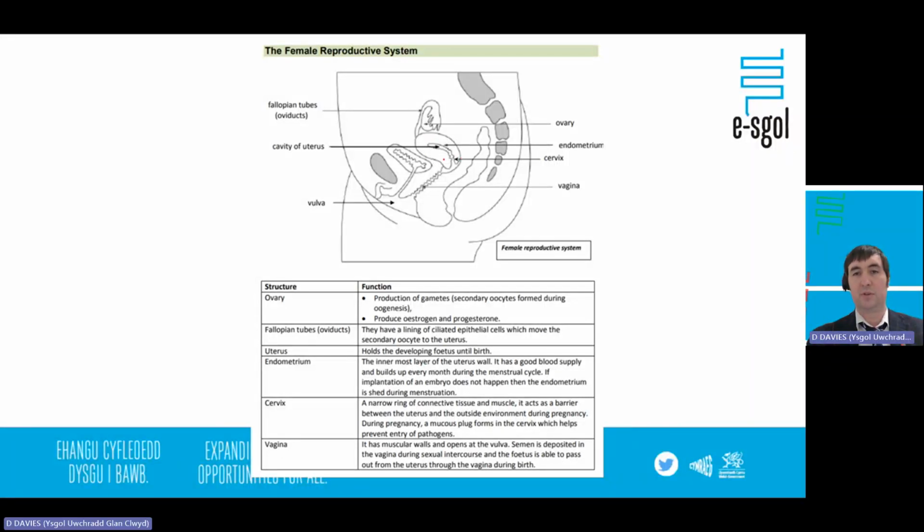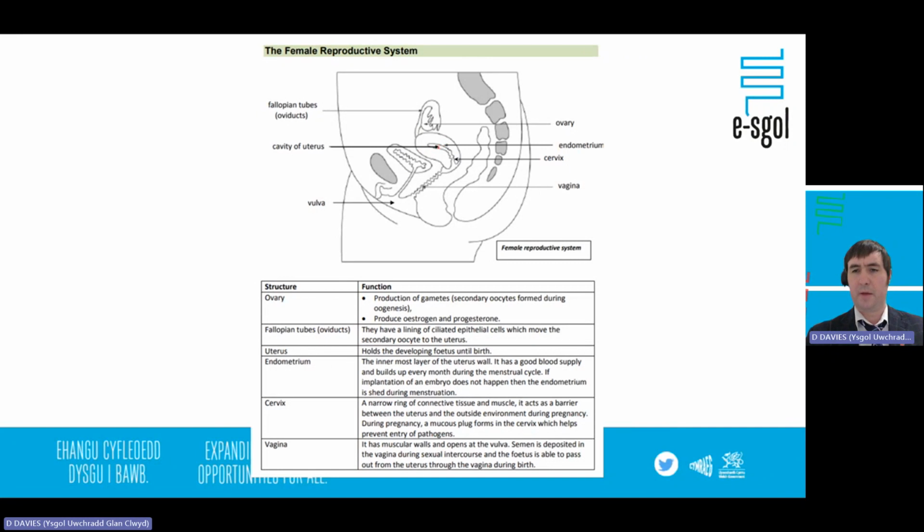So the uterus is the womb. It's basically where the embryo will implant and where the fetus grows. The lining of the uterus is called the endometrium. Some of you may have heard about endometriosis, a condition where the endometrium